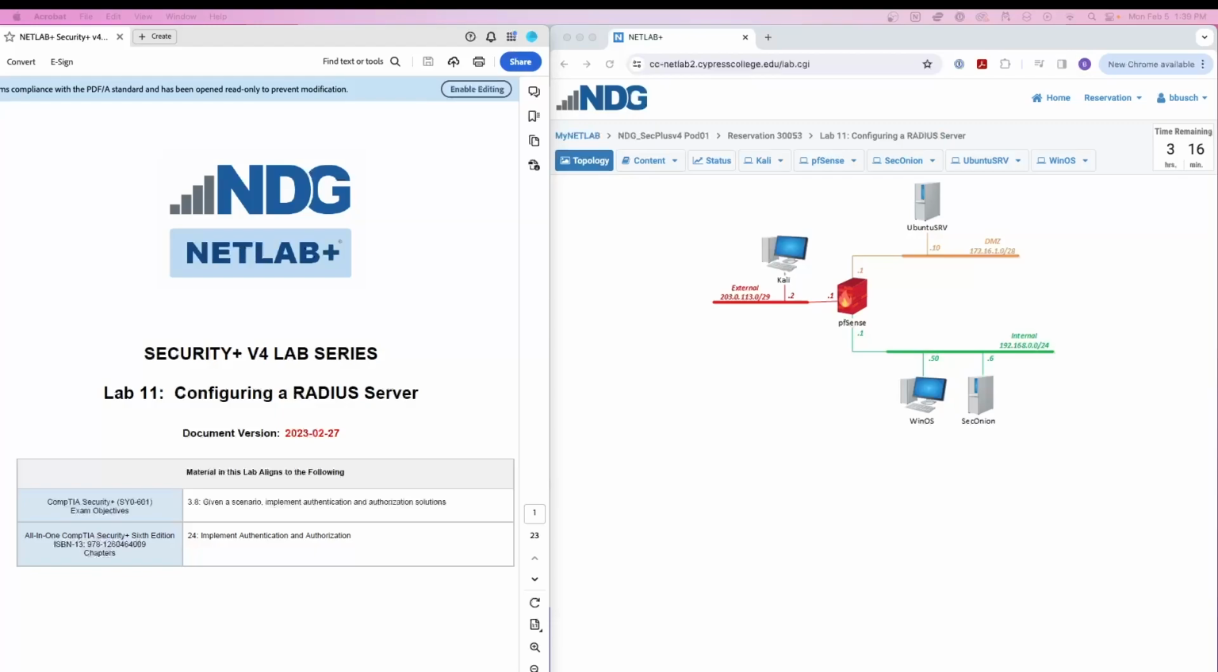Welcome everybody. In this lab video, we're going to cover the NETLAB Security Plus series, Lab 11, configuring a Radius server. So essentially a Radius server is a kind of centralized server that provides both authentication and authorization services for remote users. So this is obviously tied to identity and access management,